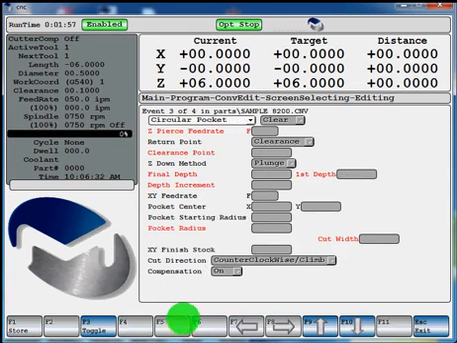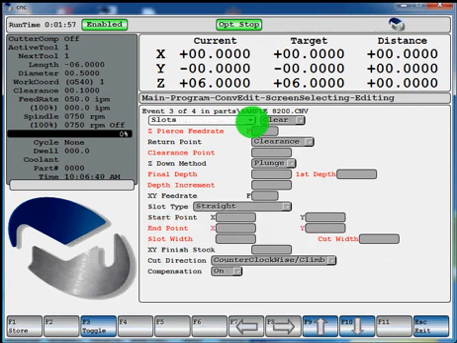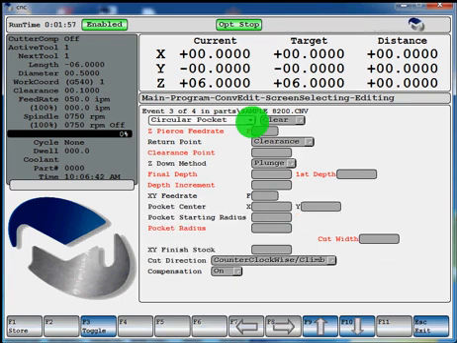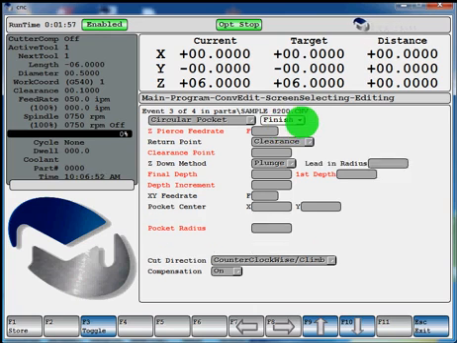And in your pocket you also have some choices to toggle through. You got circle pocket, rectangular pocket, polygon, slotting, facing, and back to circle pocket. We're going to do a circle pocket, and you can either clear it, which plunges in the center of the pocket, or you can toggle it to finish, which is going to plunge in the center but only is going to cut on your outer dimension, whatever you define as your radius. So we'll toggle it back to clear